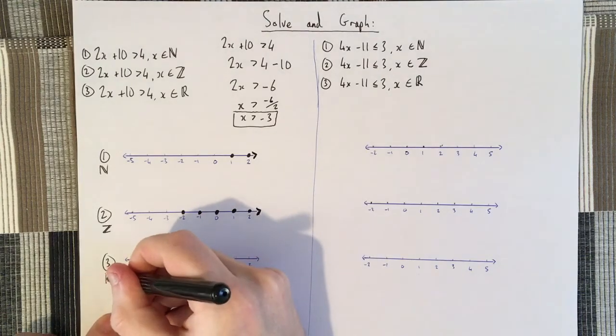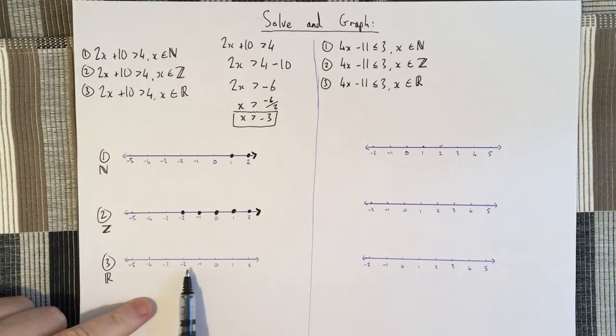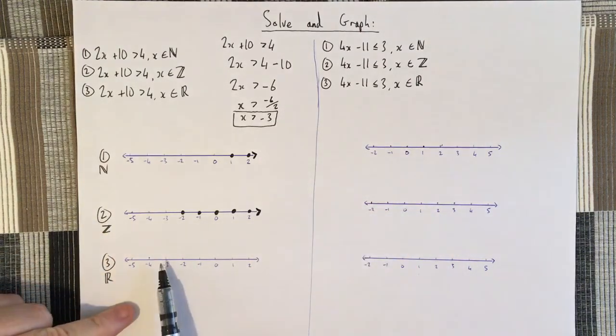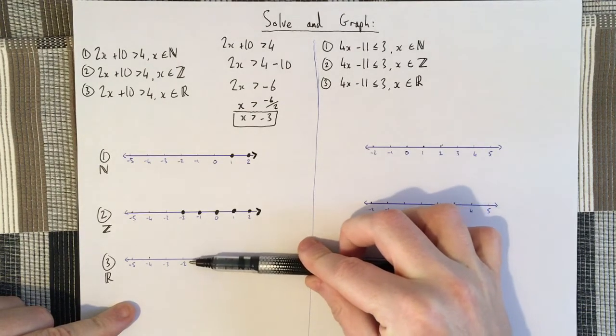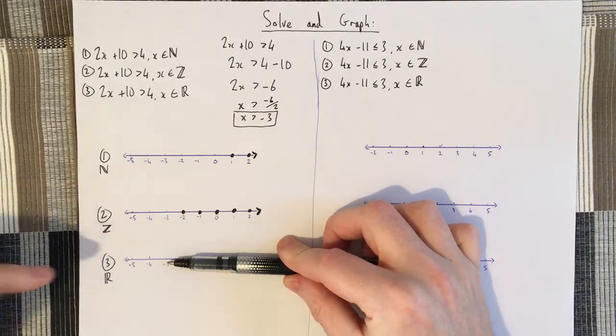Last one then is I'm graphing real numbers. So real numbers greater than minus 3. Okay, so real numbers is everything, okay? It's positive, it's negative, it includes fractions and decimals this time, so it includes all the numbers in between the whole numbers, all right? So it would include everything between, say, minus 2 and minus 1. It would include everything between minus 3 and minus 2, but we're only graphing greater than minus 3, so it won't actually include minus 3, all right? So this line that we're going to draw for real numbers is going to go down as close to minus 3 as it can without ever touching minus 3. So it would include minus